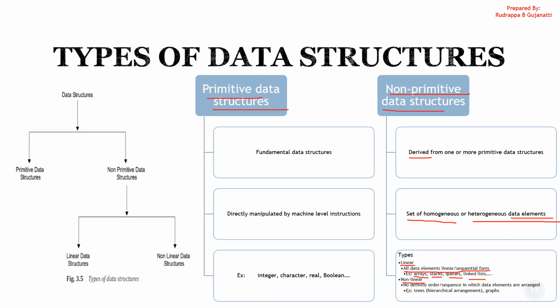Now in this one, there is no definite order or sequence in which the data elements are arranged. When we come across these elements, we'll get to know why this comes into existence. Now suppose, for example, you take a queue. Data enters from one end and leaves from the other end. So it is like people standing in a queue. The first person who enters will be the first to get out. The next person will be here, the third will be here, the fourth will be here. So all these things are linearly arranged.